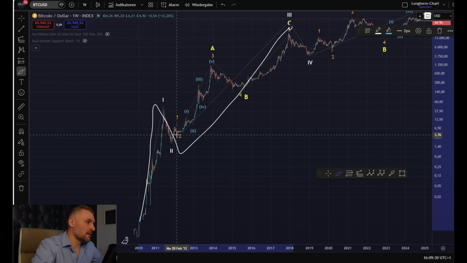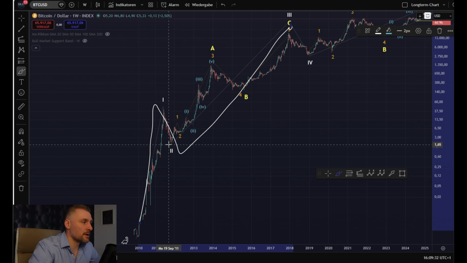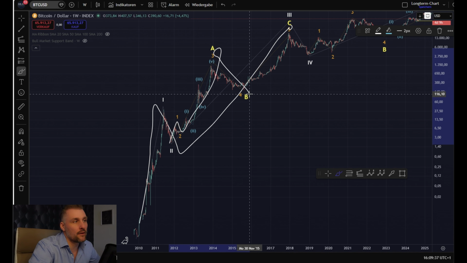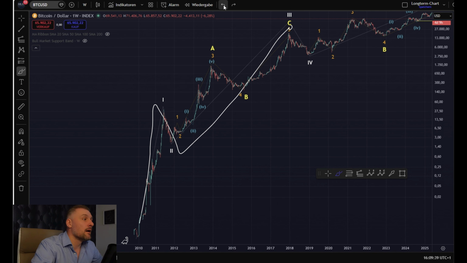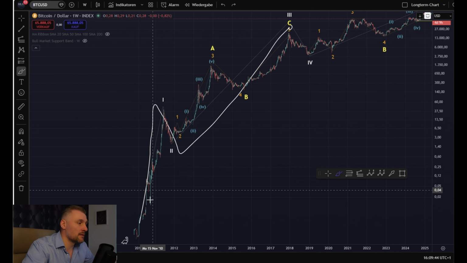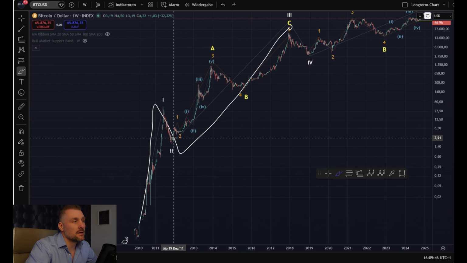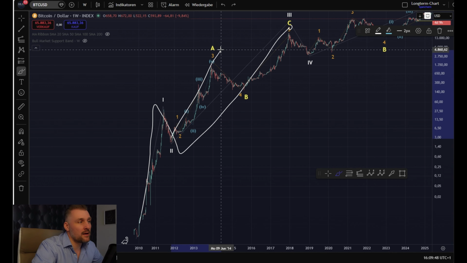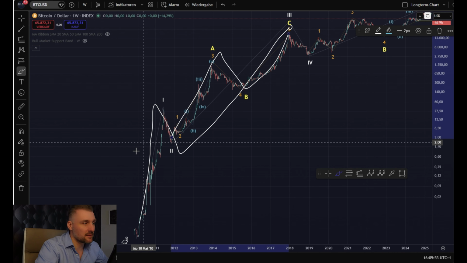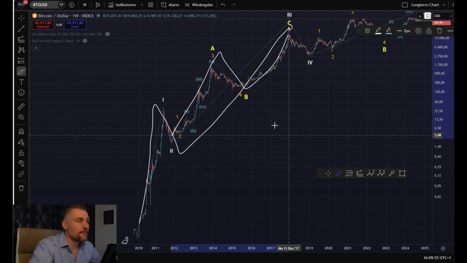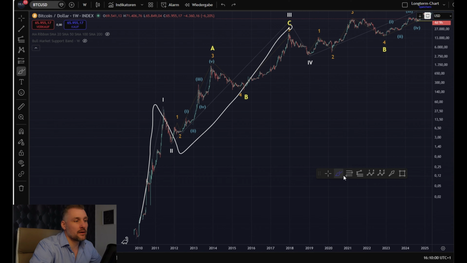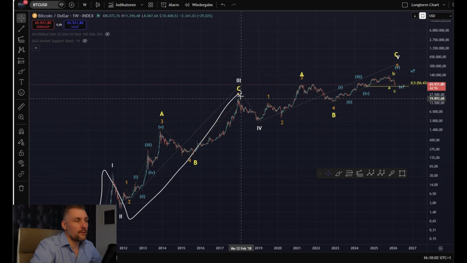In my opinion, either it's a 5-wave structure. So we have here a wave 1 in orange, wave 2 in orange, wave 3, then a wave 4 and a wave 5. Or we can count this here, but that would mean the wave 1 is in 3 waves as well. That we have in yellow a wave A, a wave B, and then a wave C. But we're ending up in the same structure that we have here 1, 2, 3. And then we get the wave 4 right here in white.